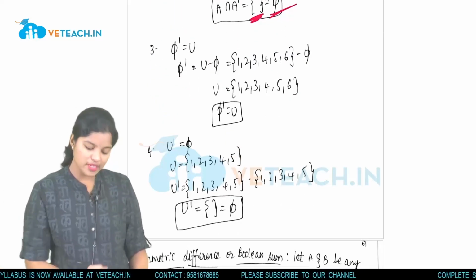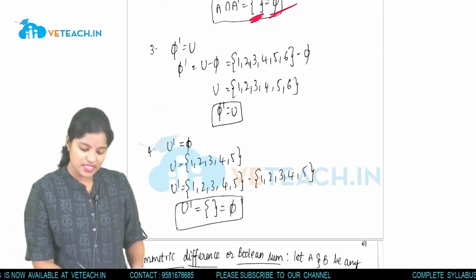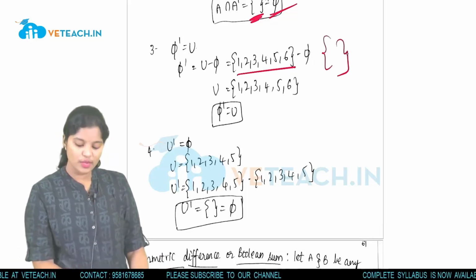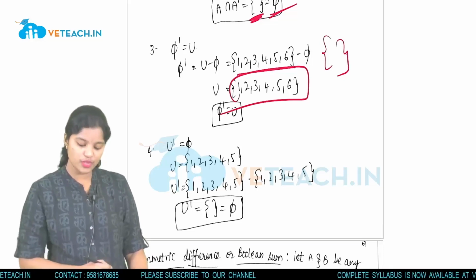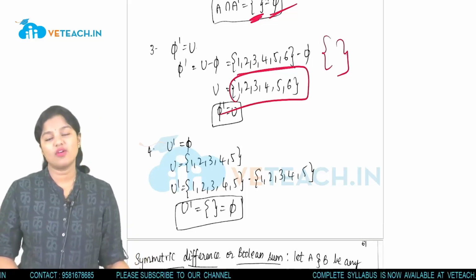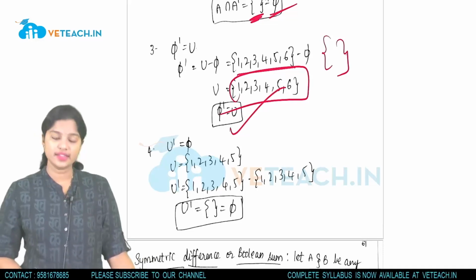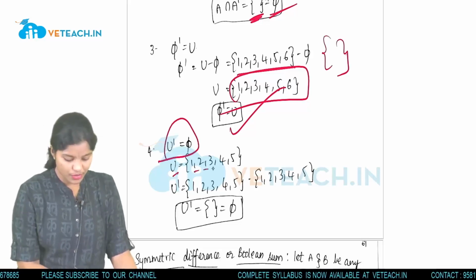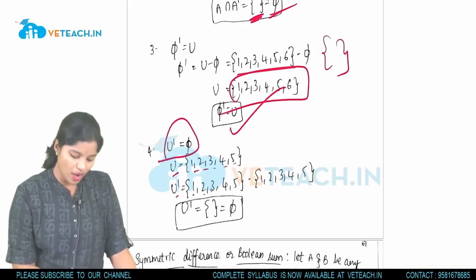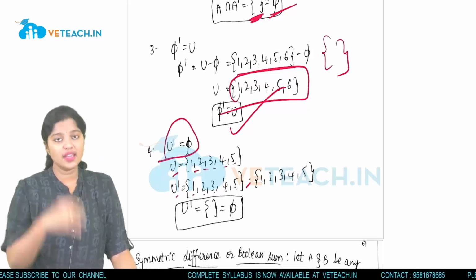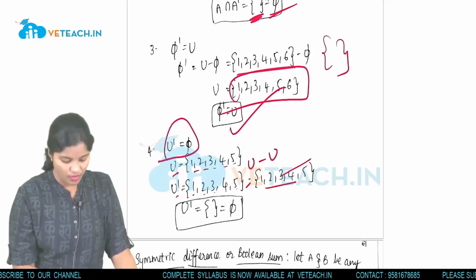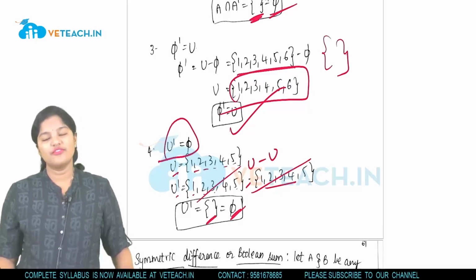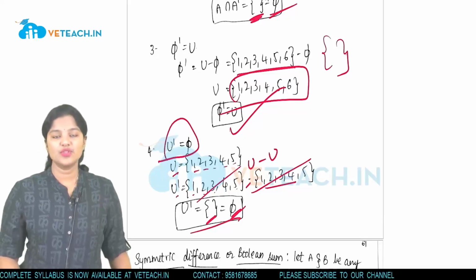∅ complement is equal to U minus ∅. Universal set is 1, 2, 3, 4, 5, 6 minus the null set. No elements are there to strike. So again we will get the universal set. So ∅ complement is always equal to the universal set. Next, U complement is equal to ∅. Here U is 1, 2, 3, 4, 5. U complement means 1, 2, 3, 4, 5 minus again U, U minus U. So all the elements will get cancelled and what you will get? Null set or ∅ here. These are the answers which we are getting here.